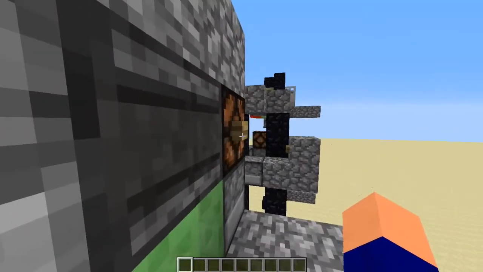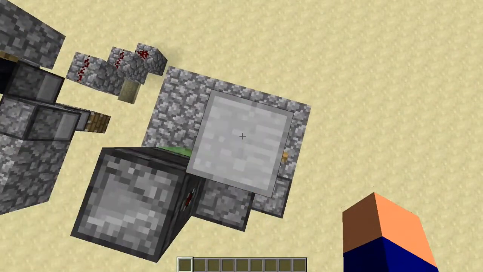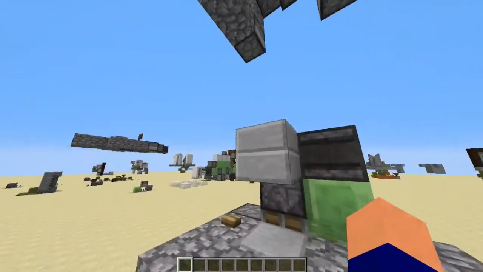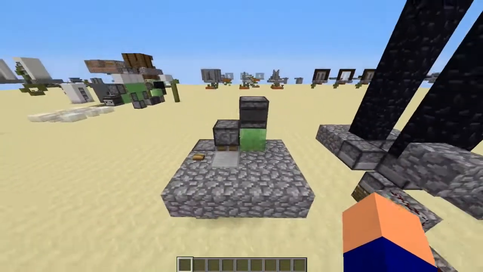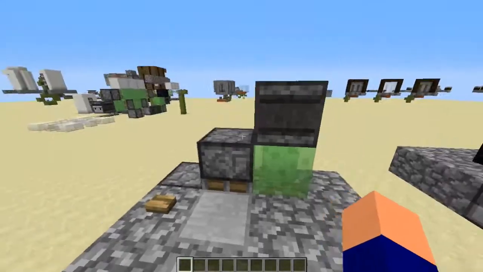And then of course you hit the button at the top and it goes back down again, and hopefully it doesn't create a phantom block while I'm standing on it, and it did. So there you go. So this is the phantom block creation. Let's just break that. Now this is fine, except for A, the phantom block creation,